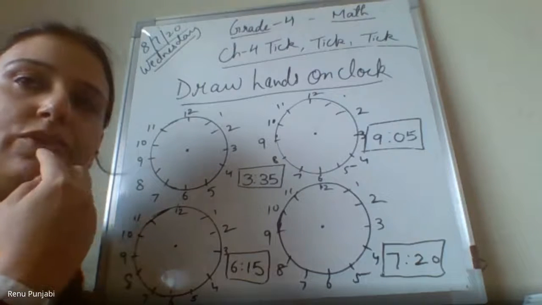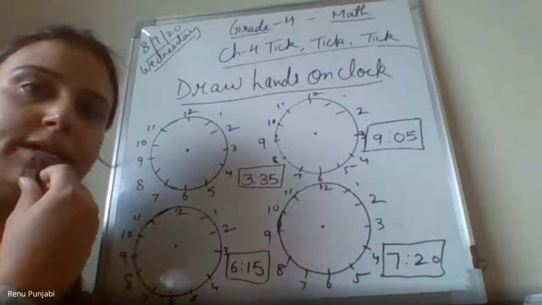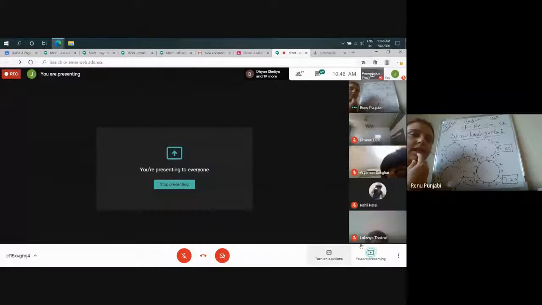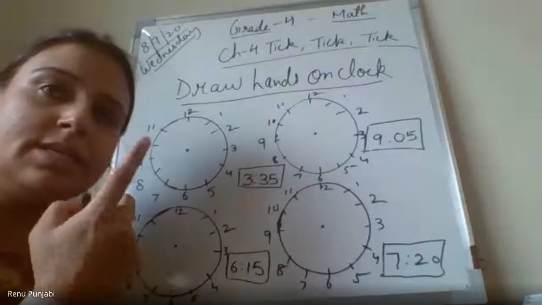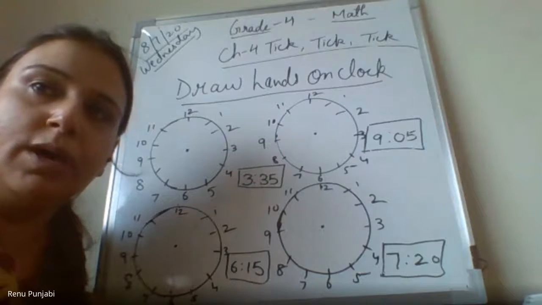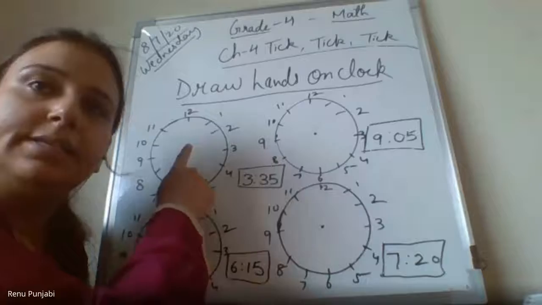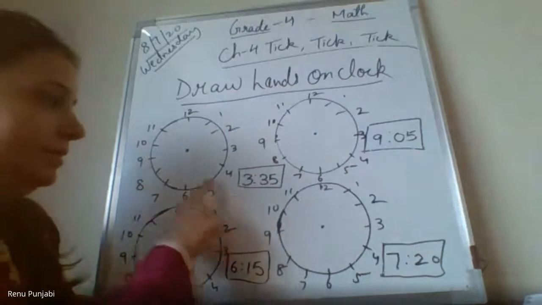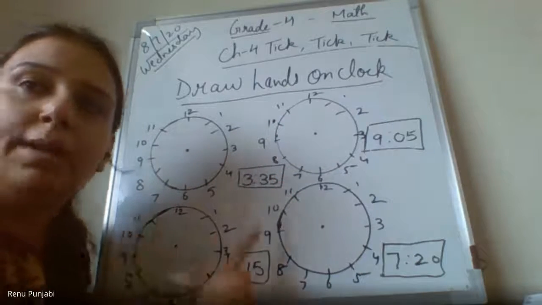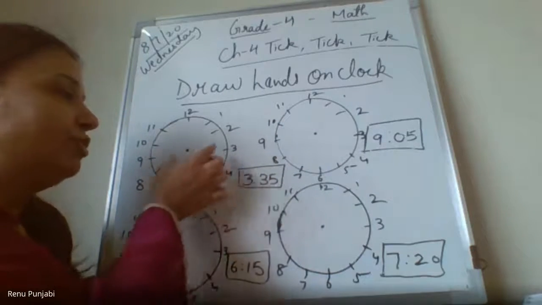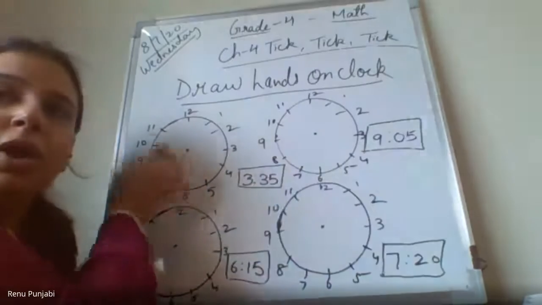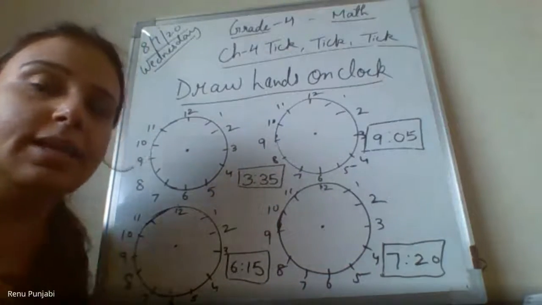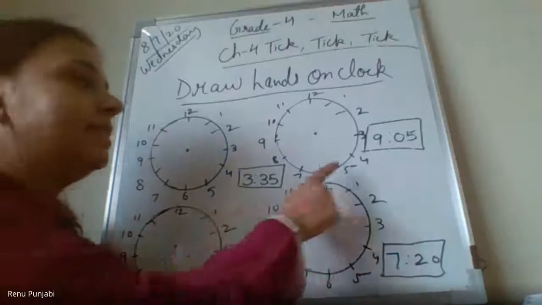I will be sending a worksheet based on today's topics. Jahan Jariwala, stop presenting your screen. Thank you, my dear. So this is your notebook work. You have to write today's date, write topic, and draw the 4 clocks on one page. You have to show this time in the clock by drawing the hands. Clear, children? So please write this time.